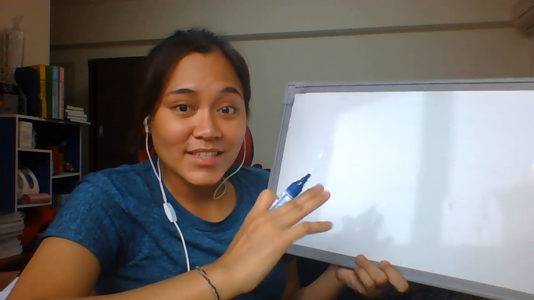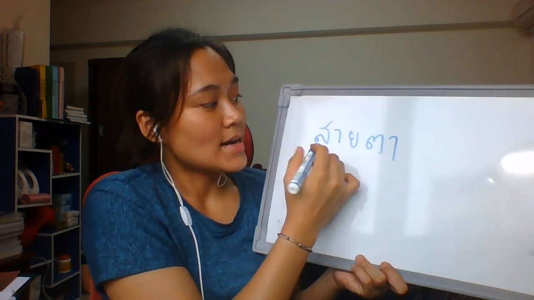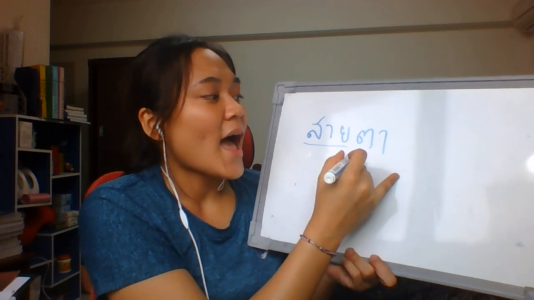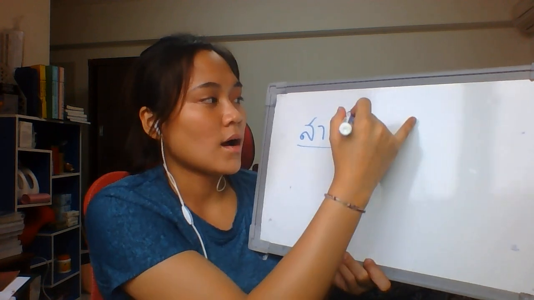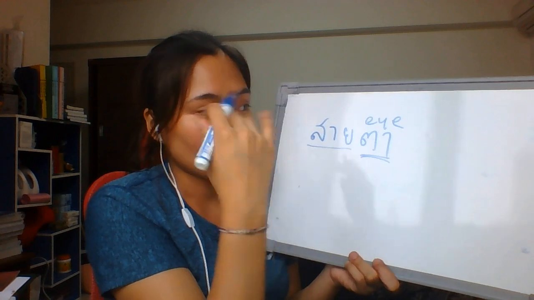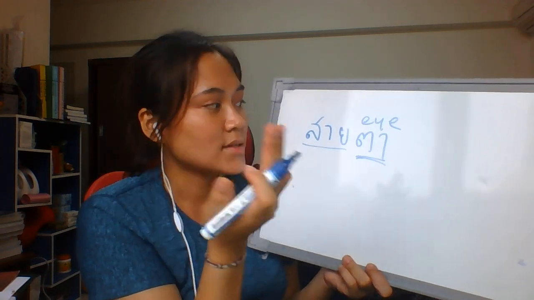And we have other สาย, for example สายตา. สาย is a line like I just told you, that is not really there, you can't really see it. And ตา means eye. ตา also means grandpa or grandparent, but we're not talking about that ตา right now. We're talking about eye, ตา, สายตา.